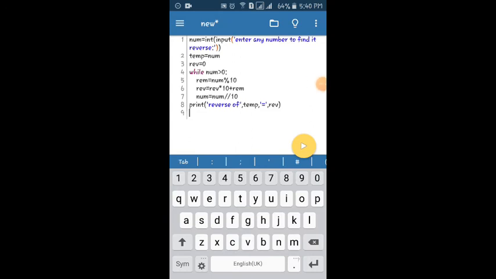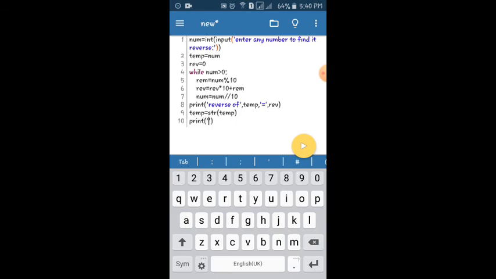Since in this set of statements num will change, I will use temp here. First I will typecast it into a string, since we are using string functions: temp is equal to str of temp. Okay, now I will simply print it.